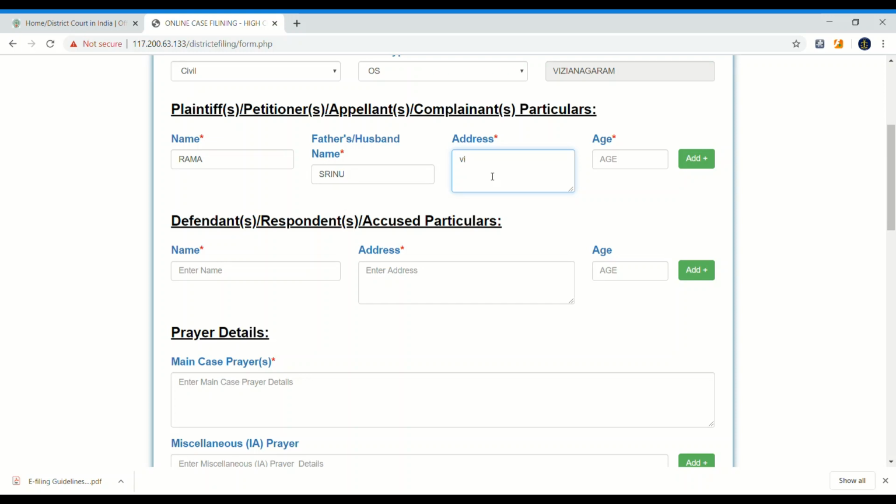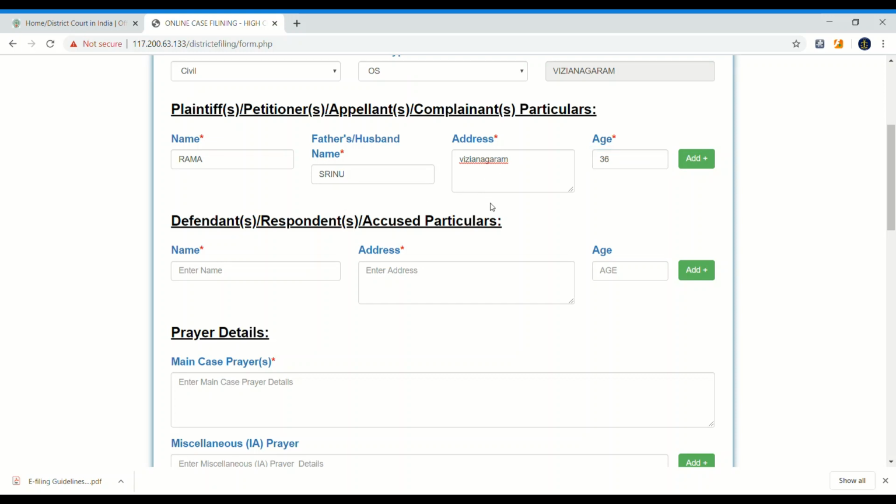In the address field, we have to add the complete address along with the door number. In this example we just typed Vijayanagaram, but we have to type the complete address along with the door number. Age 36.